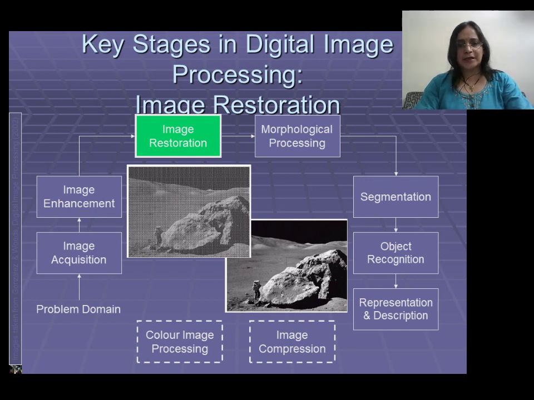It is different from image enhancement, because in image enhancement the user decides whether the quality is improved or not, but in image restoration it is the model that we are using for improving that quality. It decides whether the quality of that image is satisfactory or not. So it is not at all a subjective criterion, it is a mathematical calculus that we are using for the image restoration. We can recover the image after the restoration, and we can use this technique in both the spatial as well as the frequency domain.